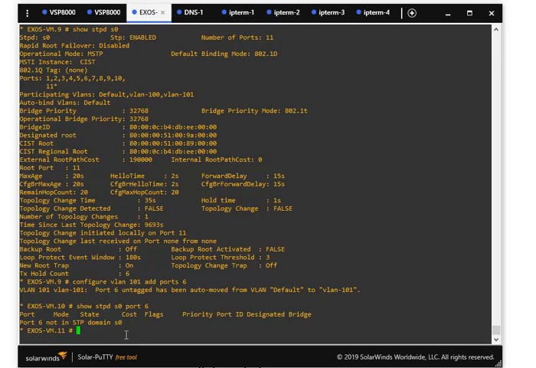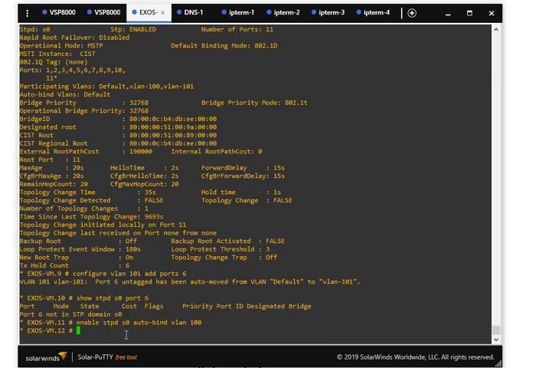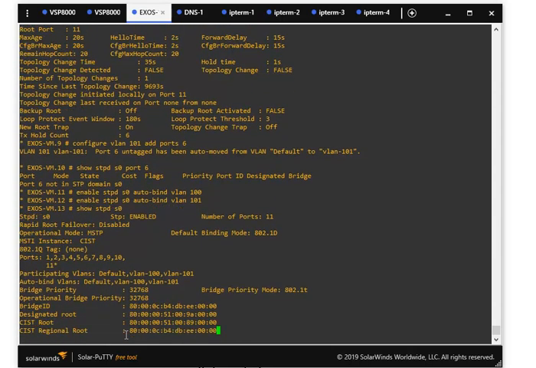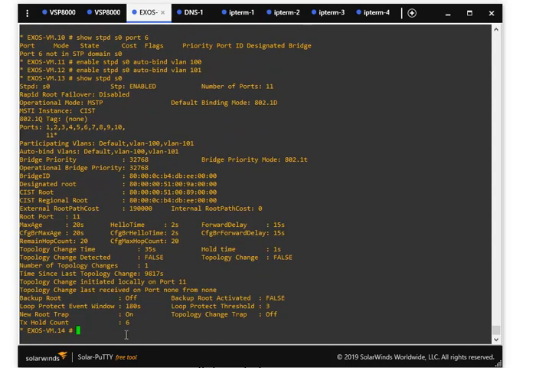In order to do this, where we automate moving from one VLAN to another and keeping in spanning tree, we need to make sure that the auto bind command is enabled. So we're going to enable STP daemon S0 auto bind VLAN 100 and also enable STP daemon S0 auto bind VLAN 101. Now when we do show STPD S0, we can see that our two VLANs are auto bound to the